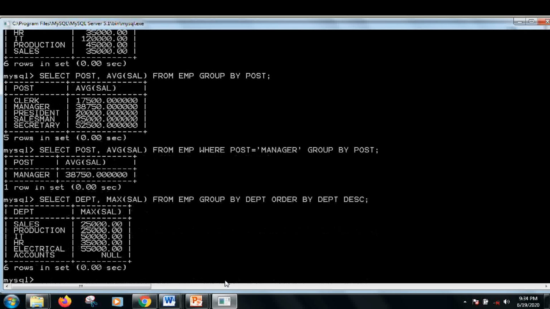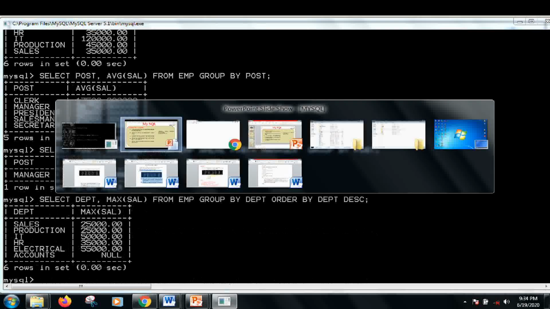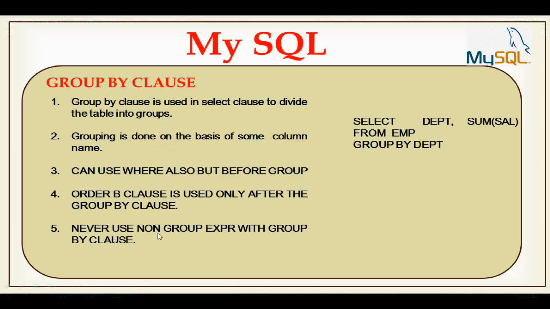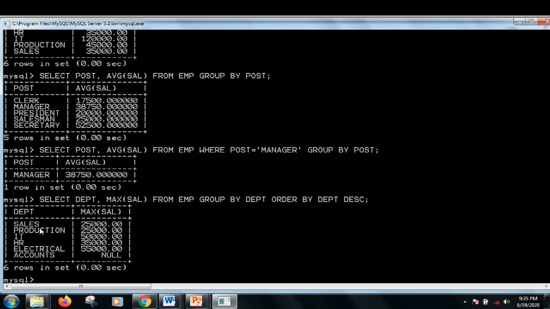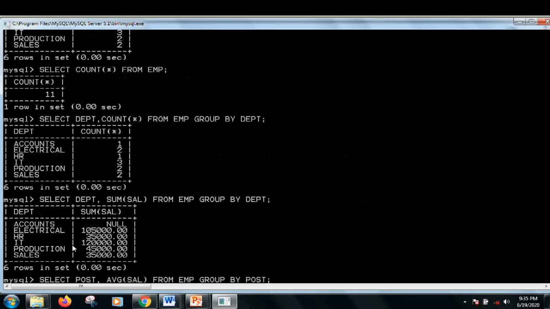So you can use the order by clause also with the group by clause. Now the last point is that you should never use a non-group expression with the grouping field. Here I am showing you only those fields in the output which are group applicable. For example, if I try to show the field name, it is a non-group expression.